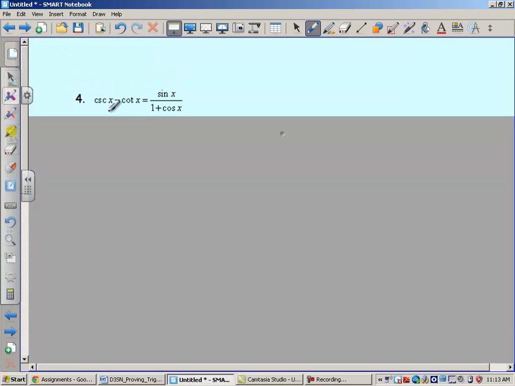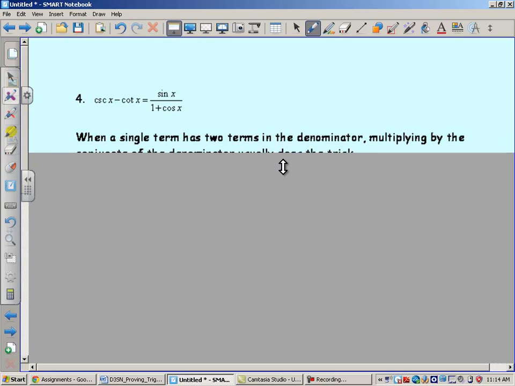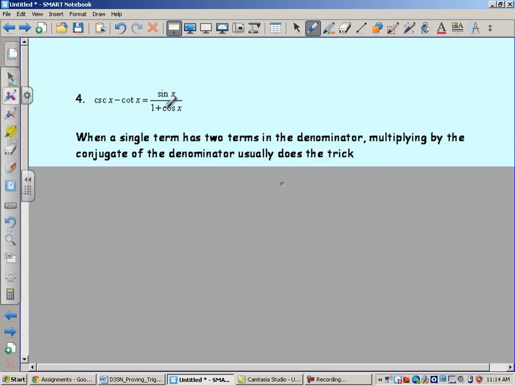Alright, this next example here, I've got a little screen shade because I wanted you to be able to write down my reasons. I'm not sure if you write down the words that I say that you hear, so I want you to write down these reasons because this is going to happen a lot. If you have a fraction and there's 2 terms in the denominator, I want you to have this here. So whenever a single term has 2 terms in the denominator, multiplying by the conjugate of the denominator usually does the trick. Now the conjugate means you're going to multiply the top and bottom by this denominator, but you're going to change the sign. So I'm going to tell you what the conjugate is. The conjugate,